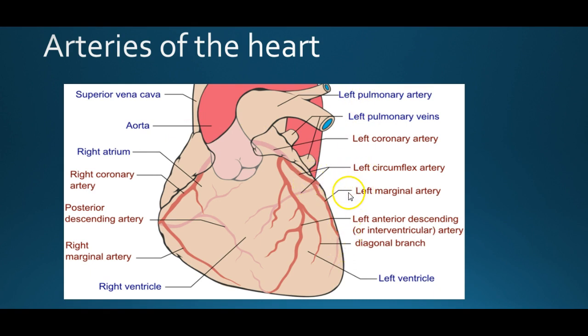So here we have the right or left marginal artery listed here, and the other picture shows the mammary artery. We start with the main artery, and as we can see in this example here, this is a different artery. This is the marginal. This is what they call anterior descending,